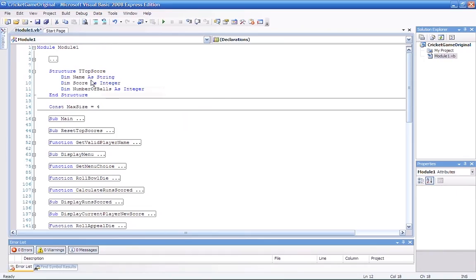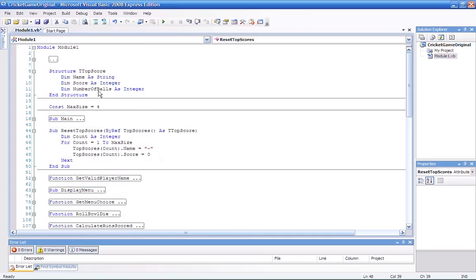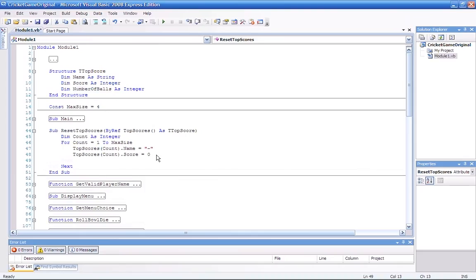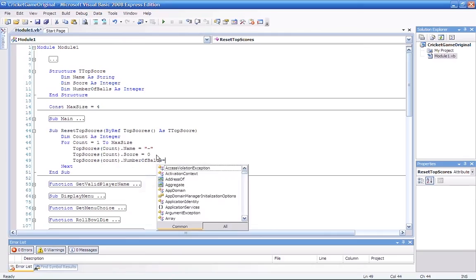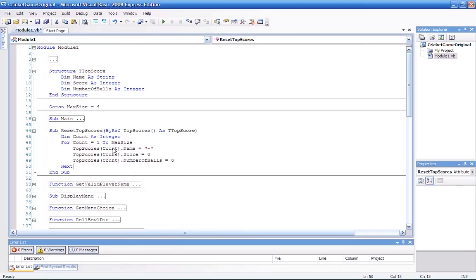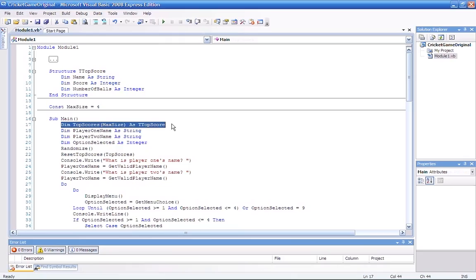If they wanted you to add it to the reset top scores, you'd add it here. So top score count, that's just the index, dot number of balls equals, as an integer, just 0, and that resets it. So this obviously just scrolls through and sets the whole array to be 0. Hopefully you've noticed that's the array that's been defined on this data type. So if we go here, dim top scores as the top scores, that's the data type. You don't need to do anything to this, because this knows that this is this structure here. So that's all you need